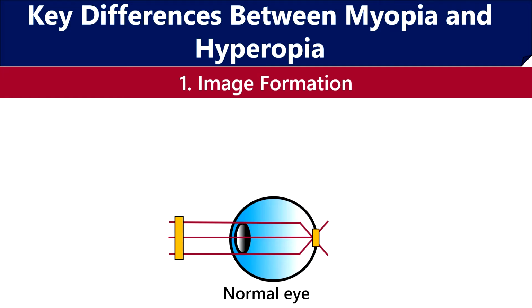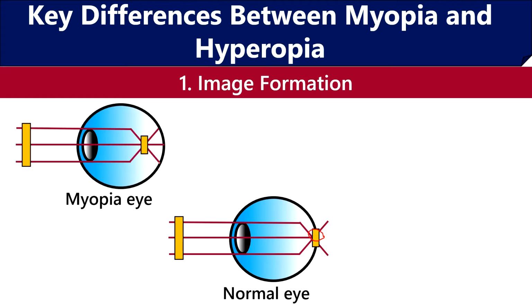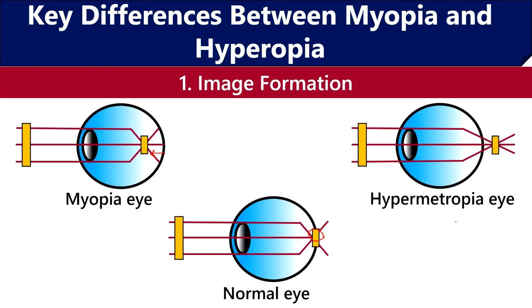The major differences between myopia and hyperopia are due to two properties. One is the image formation and the other is correction. Starting with the image formation, in the normal eye, the two focusing elements, that are cornea and eye lens, have a smooth curvature that reflects all the incoming light to form a sharply focused image on the retina that is present at the back of your eye. But in case of myopia, the cornea is too curvy and bends the incoming light to focus the image in front of the retina. Whereas in case of hypermetropia, the cornea is curved too little and bends the incoming light to focus the image behind the retina.